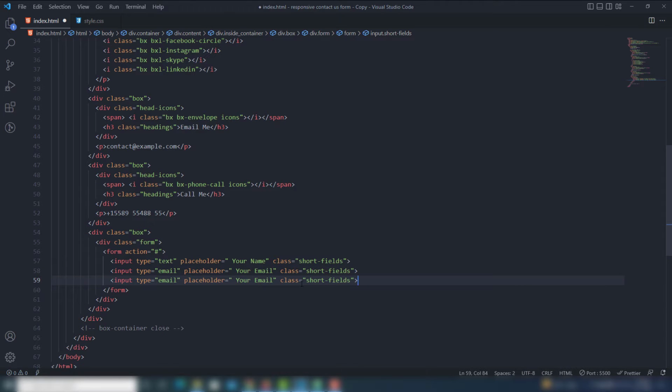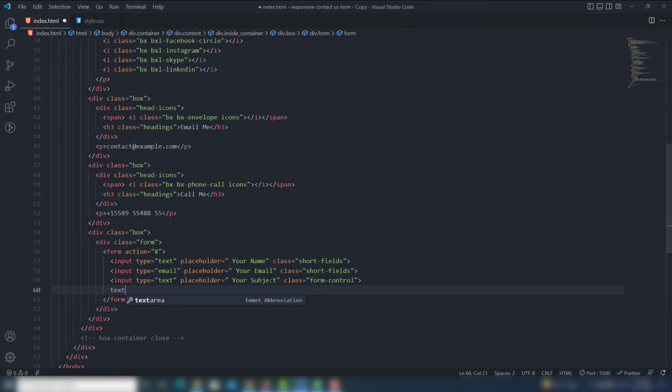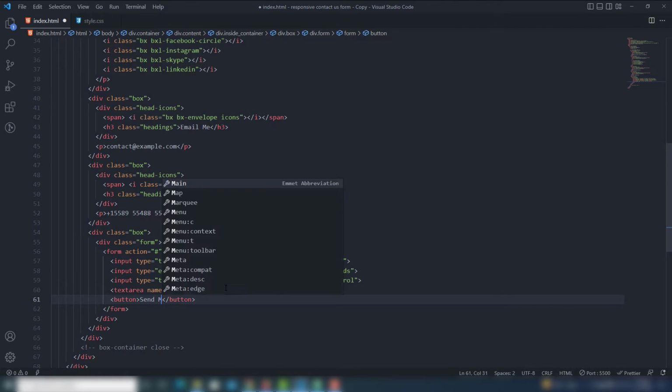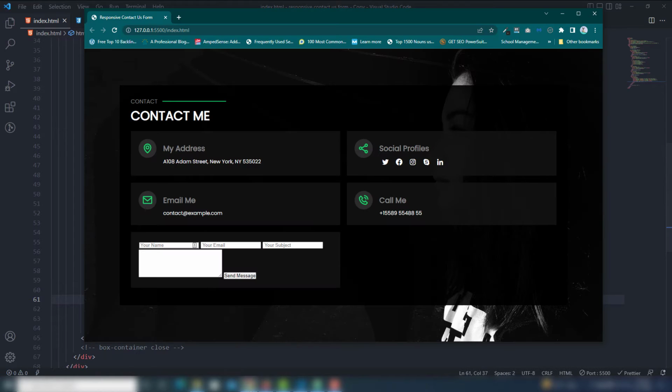Then I'm going to change the class like form control, and this will be text, and inside there we're gonna use your subject. I'm gonna add the text area and assign the columns, and I'll just do the rows, and inside the form I'm gonna add the button tag and call it send message. So let's see. Right,